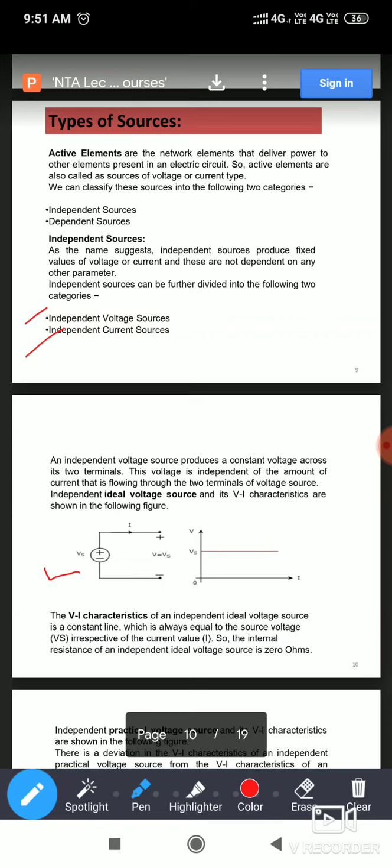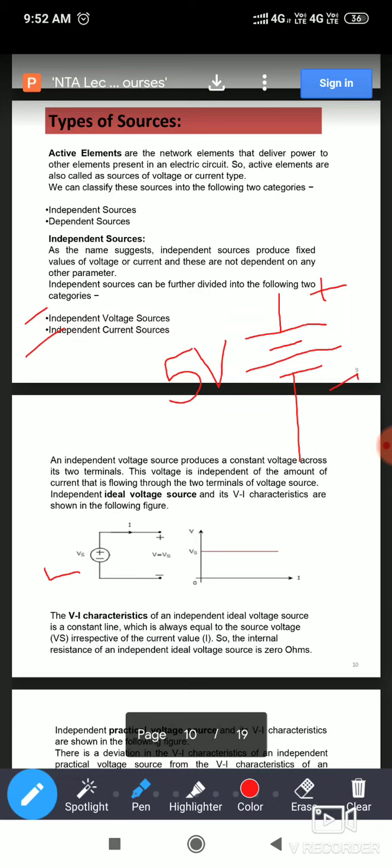Now next, another voltage source symbol is just like a battery. We call it a battery. This will be plus, this will be minus. Suppose this is 5 volt. This is another symbol of a voltage source, but we can call it indirectly a battery. So these two, the first one is the voltage source shown by the circle, and the second one is the battery. These two are called independent voltage sources.